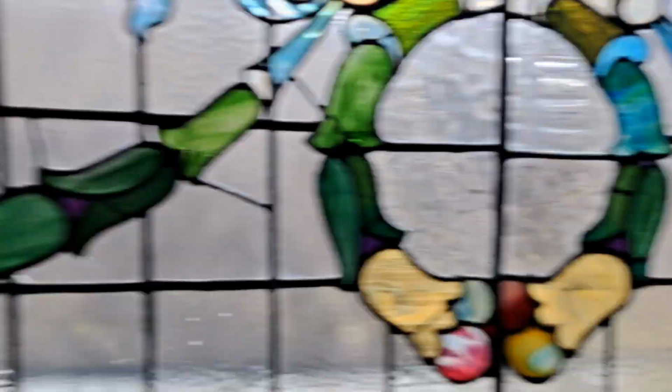Look at that wood panelling. Smashing. Beautiful. Stained glass windows, wood panelling. It's lovely. I just did an audio job in here because it was built in 1797, or